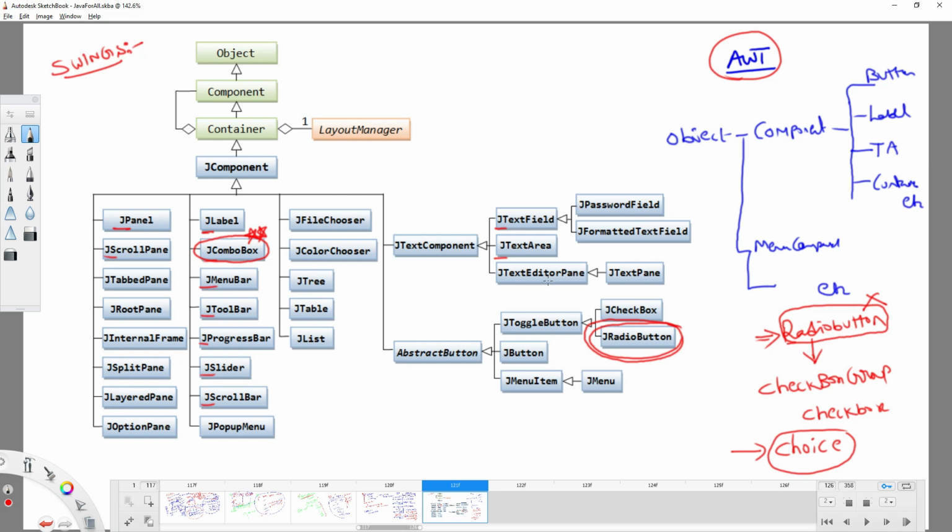And there is a list concept, which we use to select multiple values from the multiple values. Here we are going to have JList, which we use to select multiple values. So these are some of the differences you can observe between the AWT hierarchy and the Swing hierarchy. There are many other things which you can understand directly. Right? So now